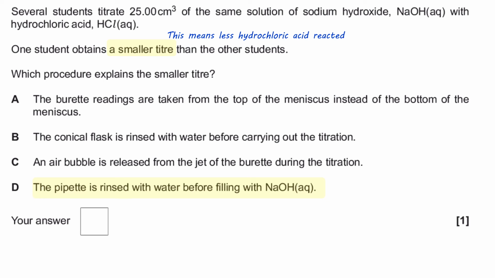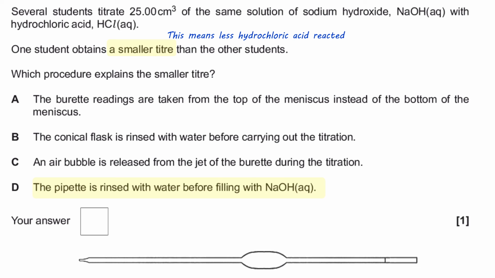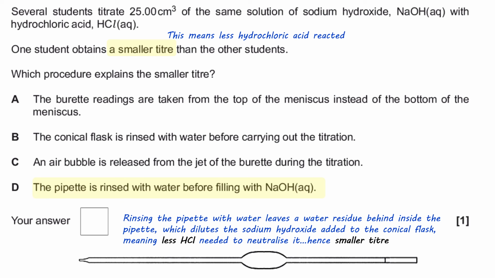If we rinse the pipette with water, what that's going to mean is a bit of water is left behind on the inside of the glass of the pipette. What that's going to do when you put some NaOH in there is it's going to have a diluting effect, meaning that when you get to the mark, the 25 centimeters cube mark, there's less moles of sodium hydroxide in there than there would have been if you hadn't rinsed it with water. So therefore, less HCl will be needed to neutralize it, which will make the titer smaller. So that's why it's part D,